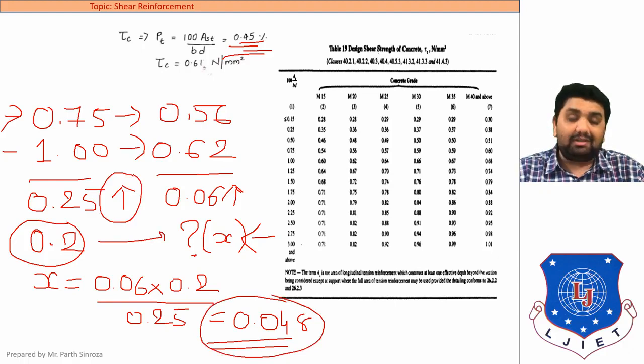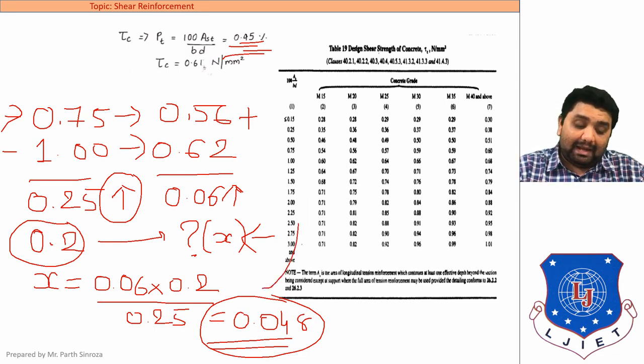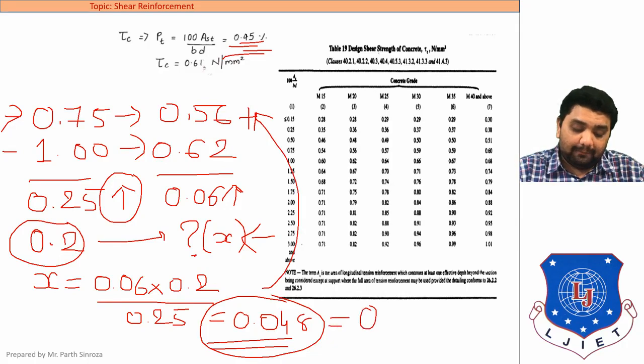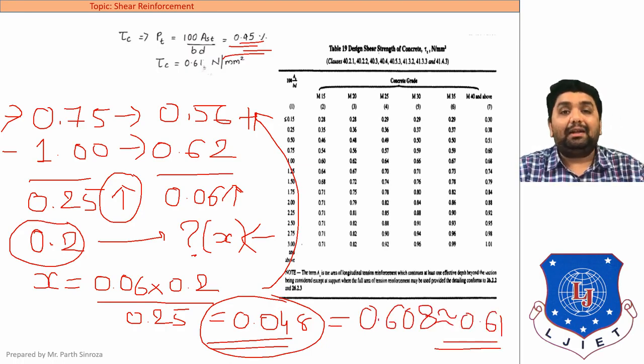Now we will be using this term, that is this arrow. This arrow could be increase or decrease. It all depends upon this final answer. If the arrow is increasing, then we will be adding in this term to get our final answer. And if the arrow is downward, that is decreasing, then we will be subtracting from this first term, that is 0.56, to get our final answer. So our x is 0.048. So we will be adding this term here to 0.56 to get our final answer, which comes out to be 0.608. And rounding it off, it comes out to 0.61, which is our final answer after interpolating.